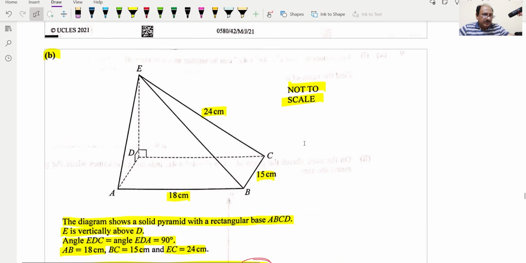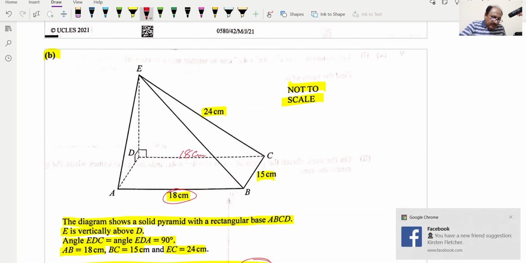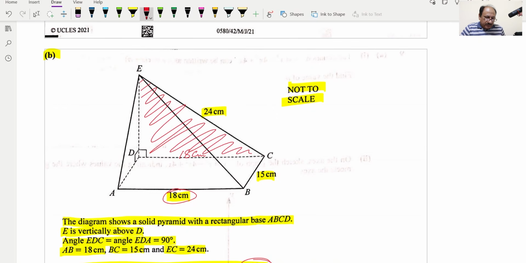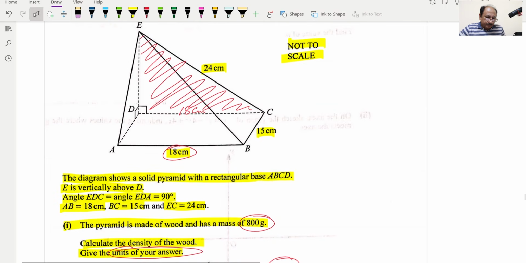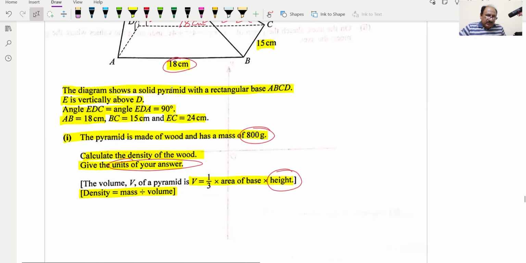We have basically two measurements, so we can find the third one. If we check, the base is a rectangle, this side is 18, so this side will be 18 centimeters. Now in this triangle, which is triangle ECD, we have two sides, so we can find the third side also, and we can write EC square is equal to